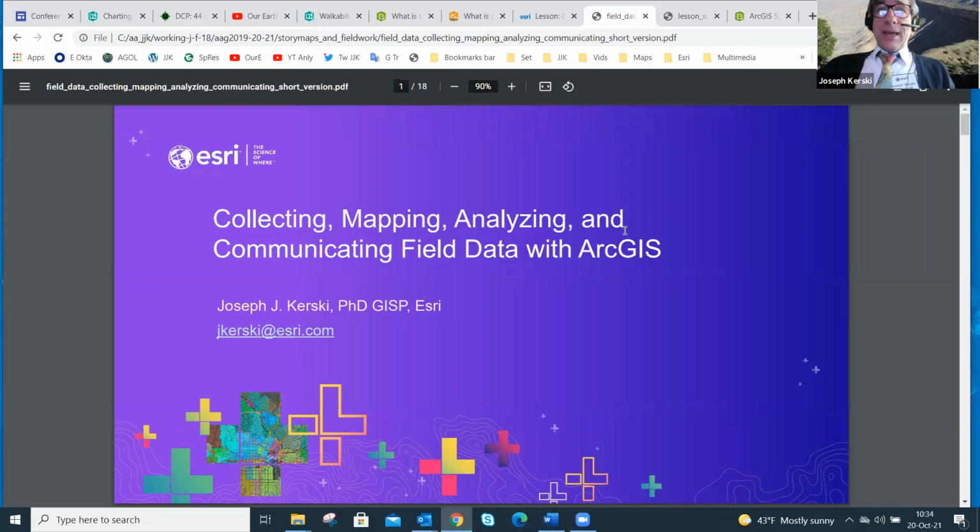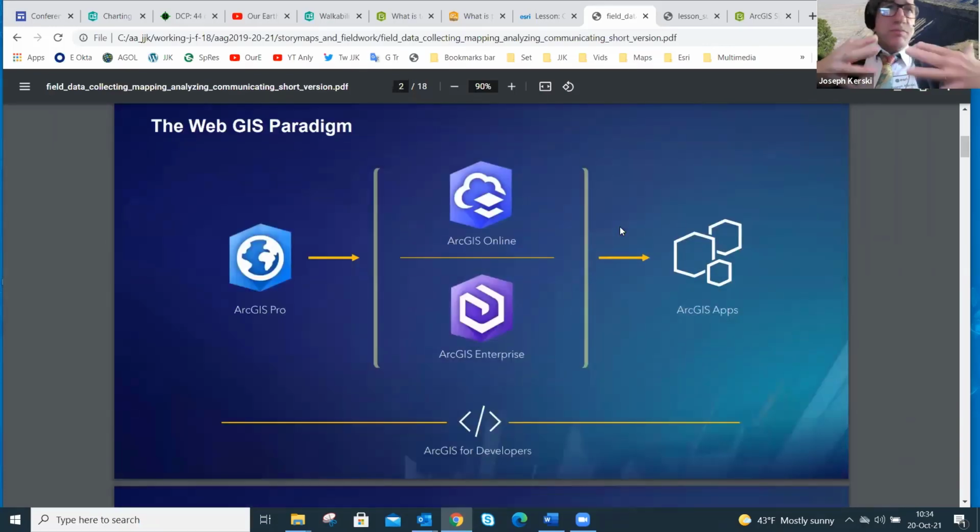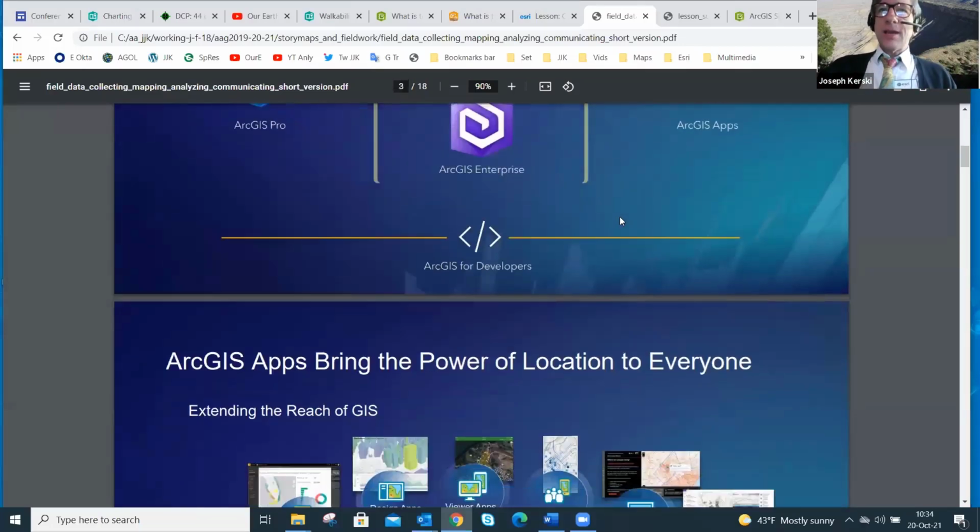So that being said, as an introduction to this, you've got these tools in this web GIS paradigm, if you will. You can also dig into what's going on to make all of these things function and shine. And at the end of this presentation, I'll invite you to dip a few more toes in maybe the intermediate section of the swimming pool, the semi-deep area, and start customizing the story map or the dashboard or the survey. But this first part is going to be very approachable. I get it, Joseph. I'm confident I can do that myself. That's the goal, to give you confidence that you can do this.